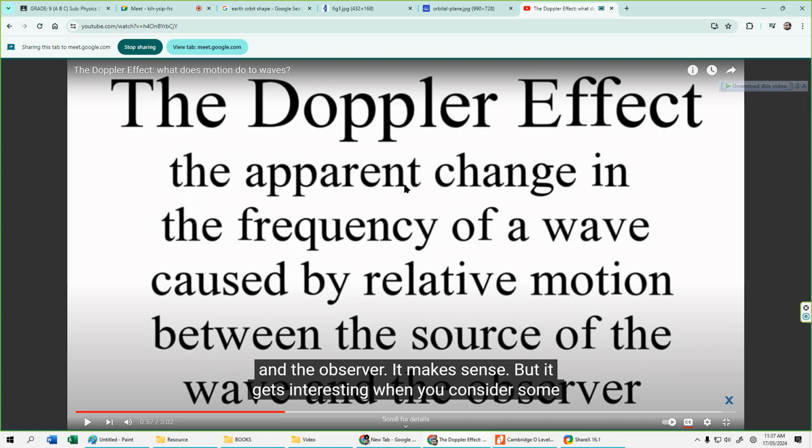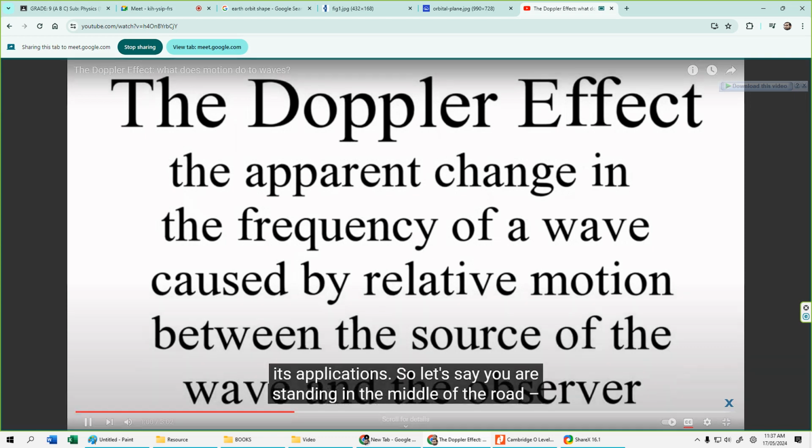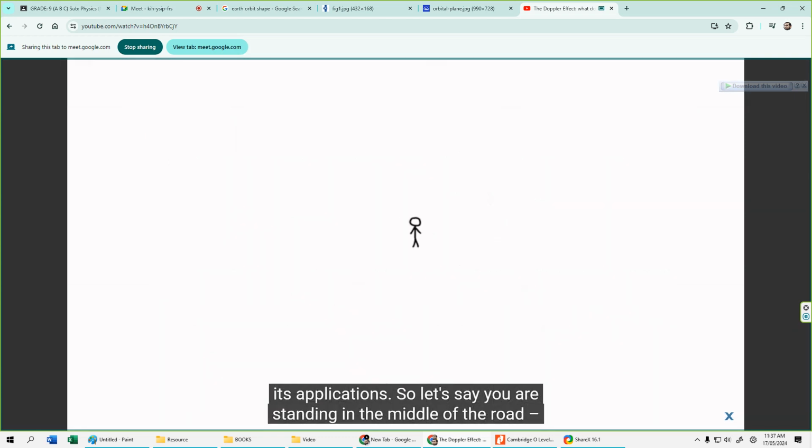This is not a true difference. Moving on. But it gets interesting when you consider some of its applications. So let's say you are standing in the